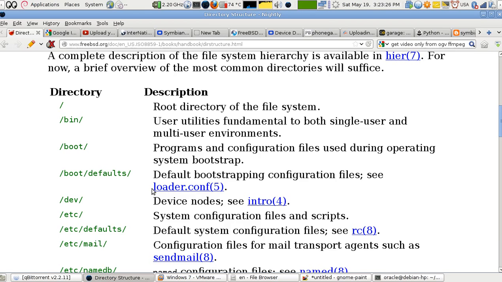In this lesson we're going to talk about directory structure, the hierarchy of folders, and how FreeBSD arranges the applications and files in this directory tree. So in FreeBSD there is nothing called